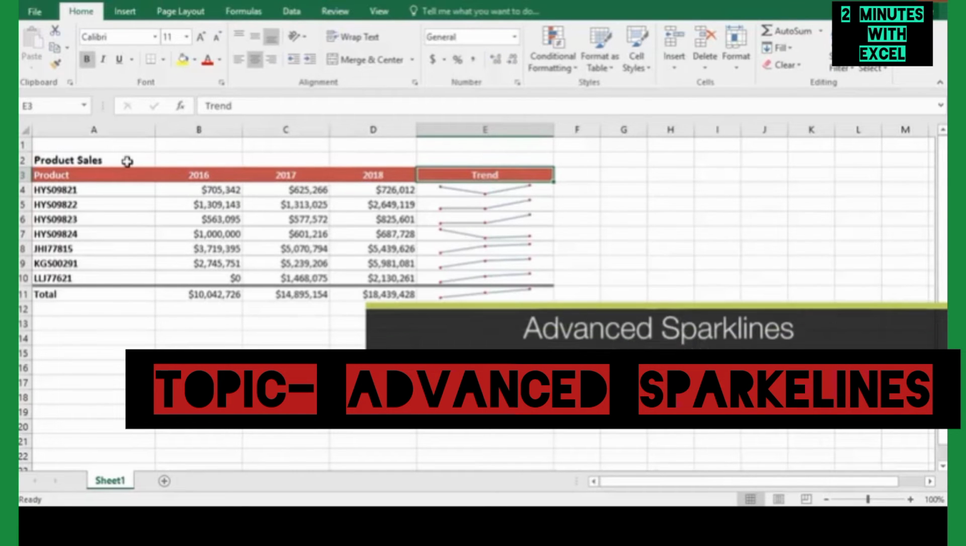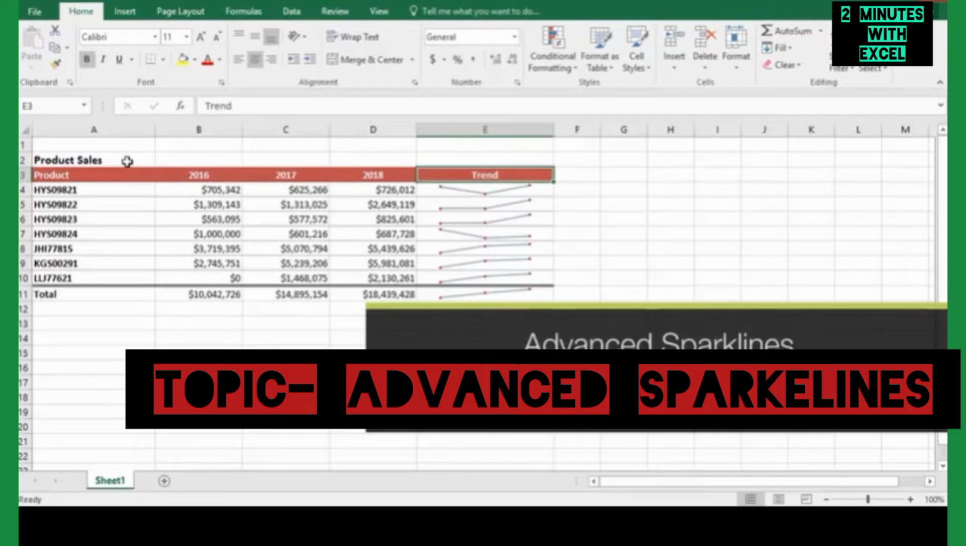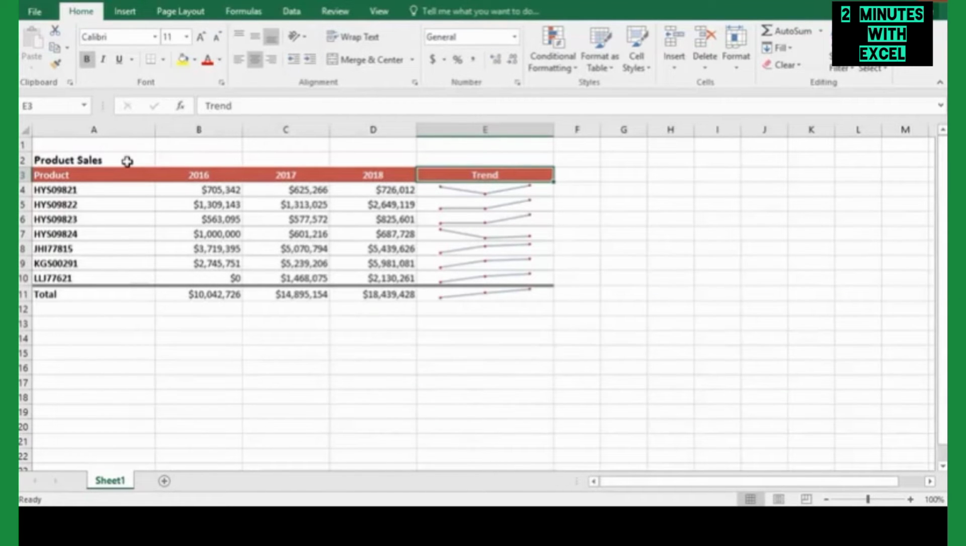Let's take a look at some of the ways that you can customize sparklines in Excel 2016. You can change everything from the color to the line style, the markers, and even the range of data used to create the sparkline. I have a product sales workbook open. It displays sales data over a 3-year period, and it has a sparkline in column E to visualize the trend